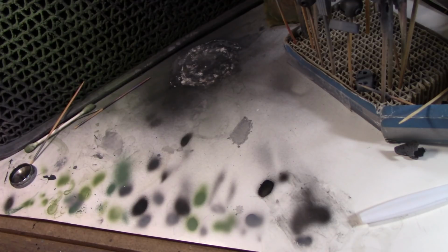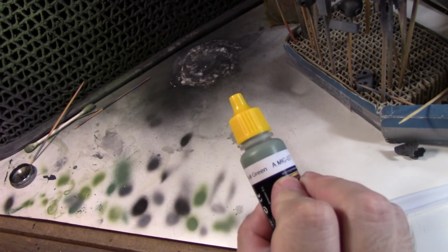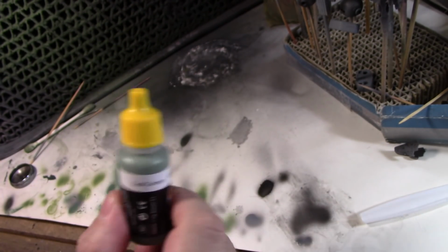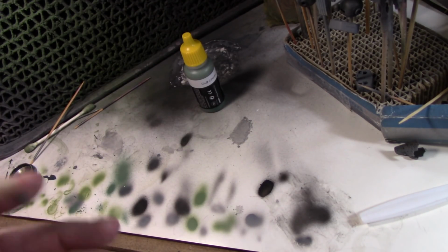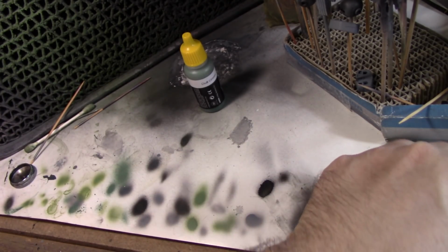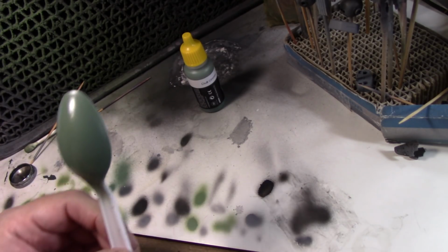So I was going to move on to the next color, and that was this color, dull green. And I was actually preparing to bail on this color and use something else, because when I did the color matching setup in the second part of the video, it was basically me putting little drops of paint on a piece of cardboard and showing it off, saying, oh, okay, this looks good, or maybe not. And I know that's not a good test. A real test would be to spray paint it on spoons. So I did that, and here is what the dull green looks like,